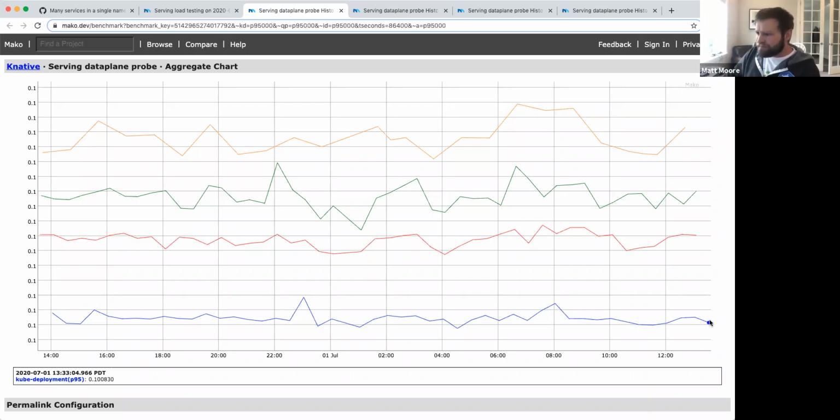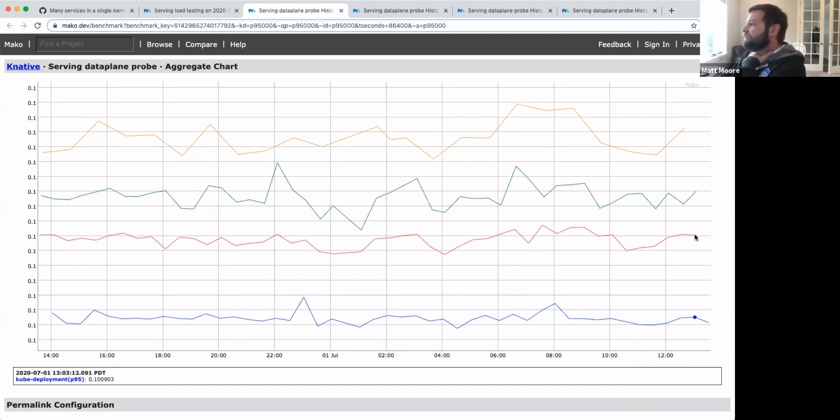At the bottom, I'm hovering over the box, and it says 0.1008. This is seconds. So at the 95th percentile, talking to the service we have deployed, and it's the same service in all these cases, it's 100 milliseconds. So the application is very sophisticated: it sleeps for 100 milliseconds. So you can see that the overhead of Kubernetes in this case is about 0.8 milliseconds, because the overall end-to-end latency is 100.8 milliseconds.